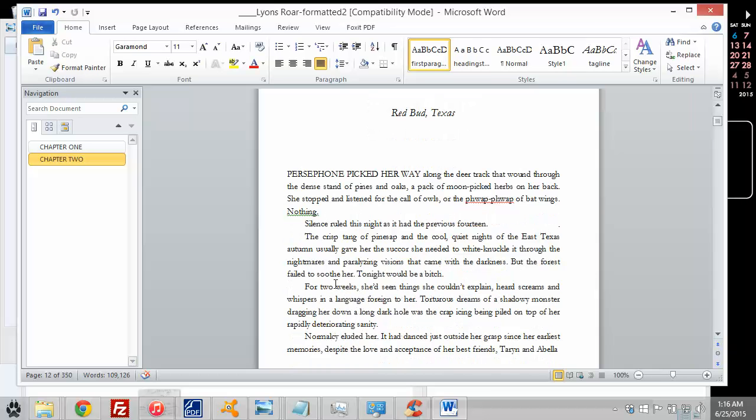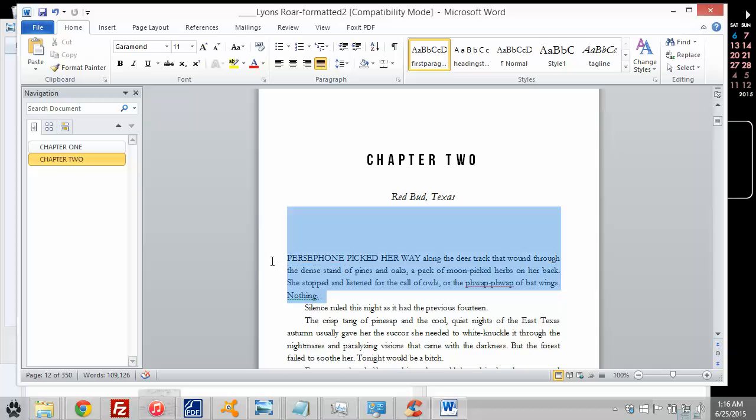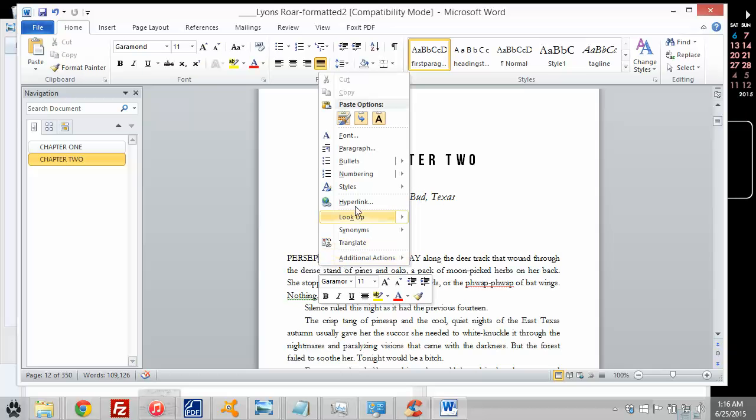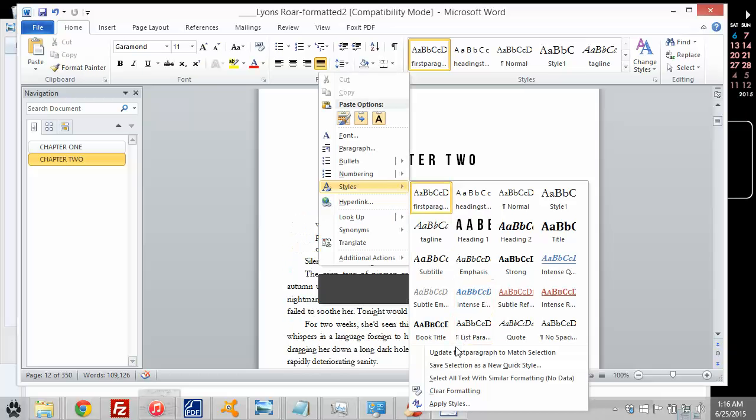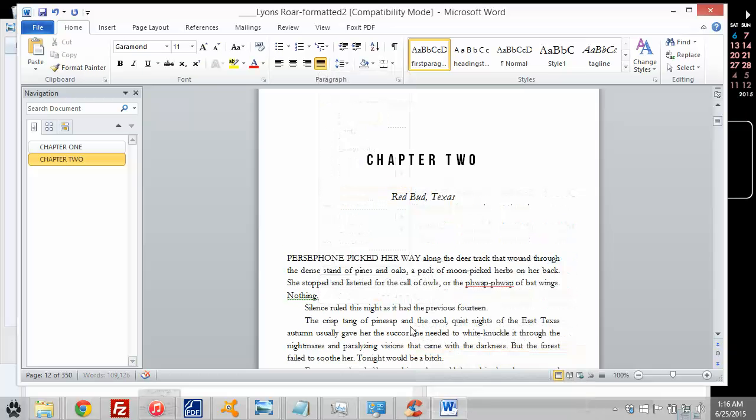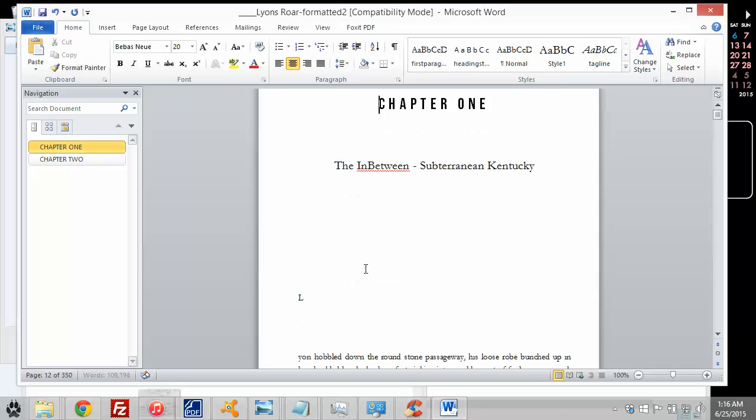You couldn't do it for the other paragraphs because then you would have spaces on top of the other paragraphs. But for the first paragraph, you can add automatic spacing on top of the first paragraph to keep it away from this line. And that way you can make sure that they're always the same. Update first paragraph to match. So now my first paragraph,